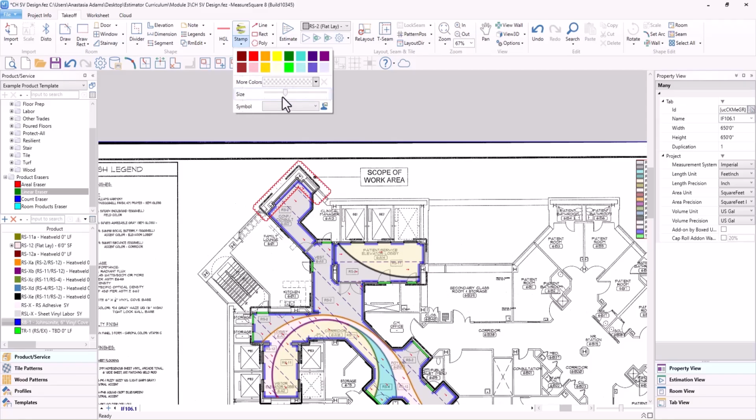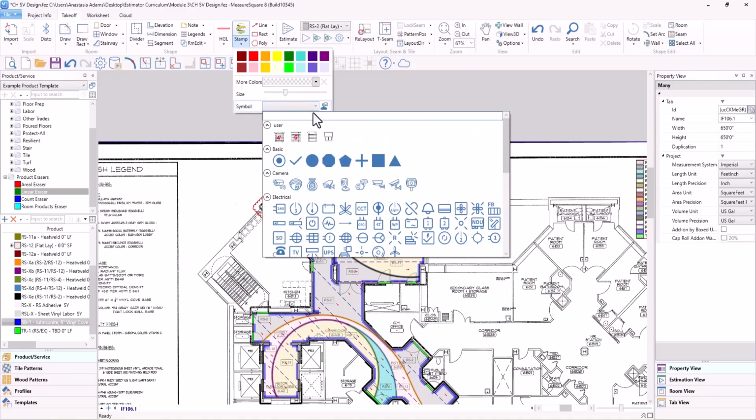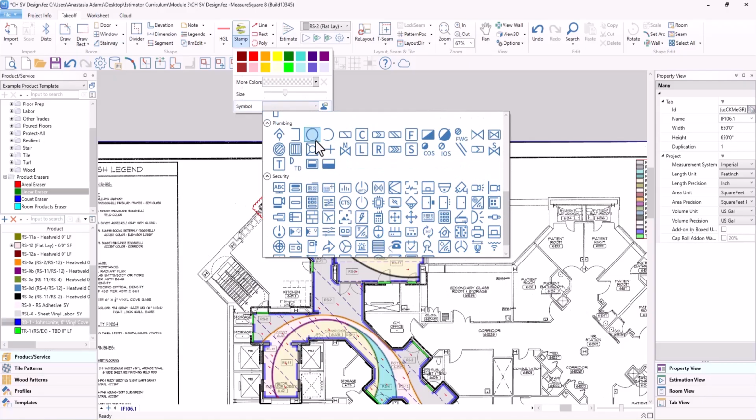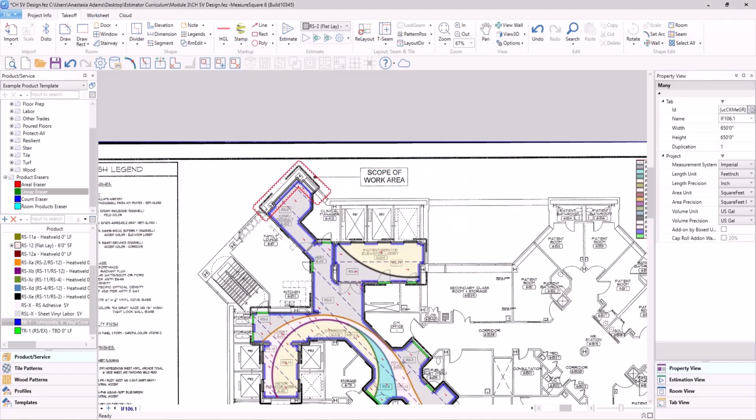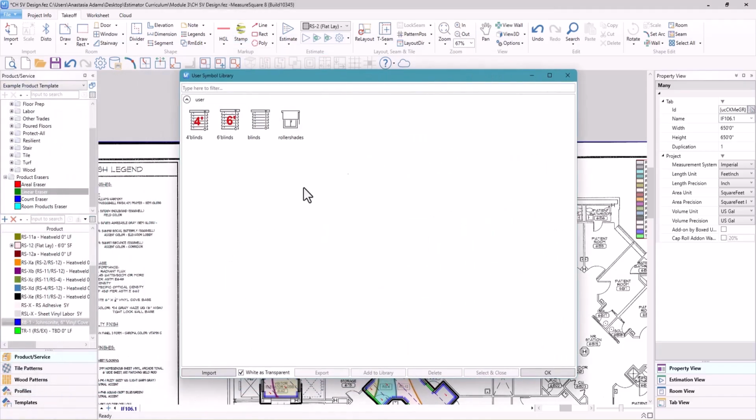You also get the size, which is your overall size of the image. And notice we have symbol and it's got a drop down. So if you click the drop down, these are all of the presets that come defaulted in the program. But what if you have something very specific that you would like to show? Well, if you click the small person, directly to the right of symbol, notice you can upload different symbols